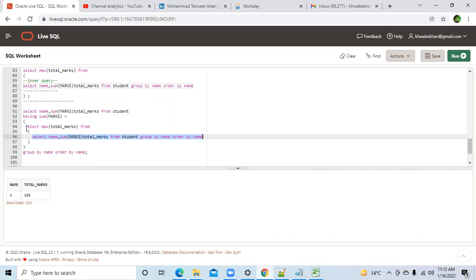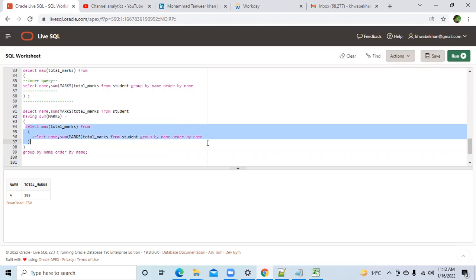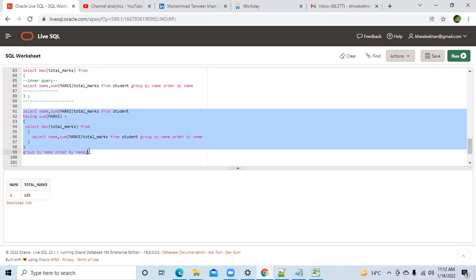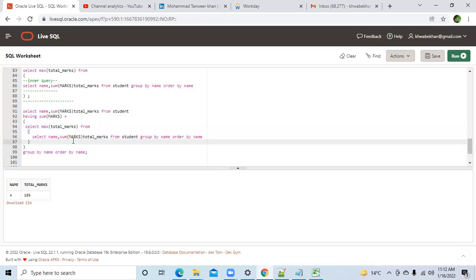Output of this, I'm using in an outer query. Output of this query, I'm using in another query. It is like I told something in the ear of Sandeep, then Sandeep is telling the same thing in the ear of someone else. It's like passing information. Based on the information of this query, the outer query is doing some processing. Once it has processed the data, based on this output, the outer query is doing some processing. So this is known as the concept of subquery.